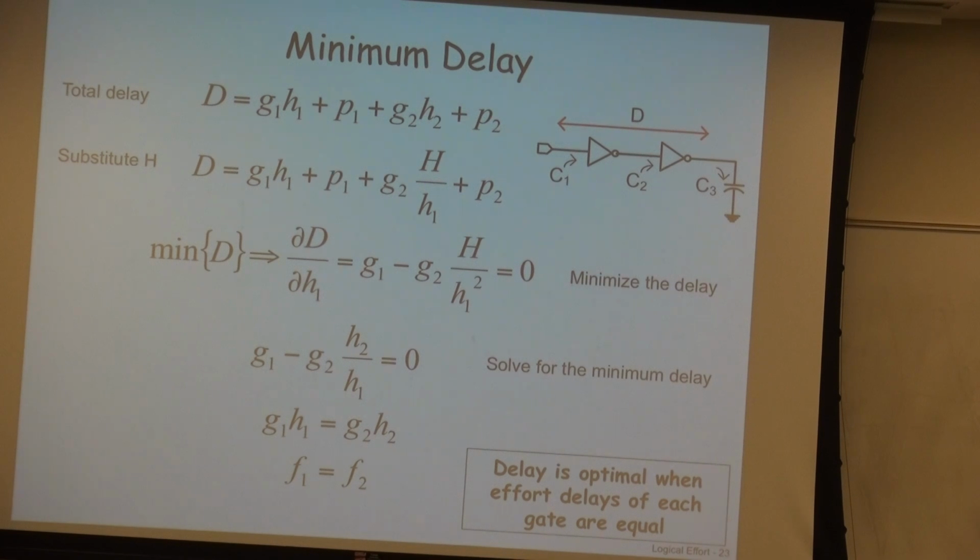And then we substitute H2 by H over H1, and then we do differentiation to find out basically what we talked about here, that F1, F2, F3, F4, all those things should be equal. So that's what this particular slide is showing, that we get the optimal delay when every stage has the same amount of delay. So having said that,